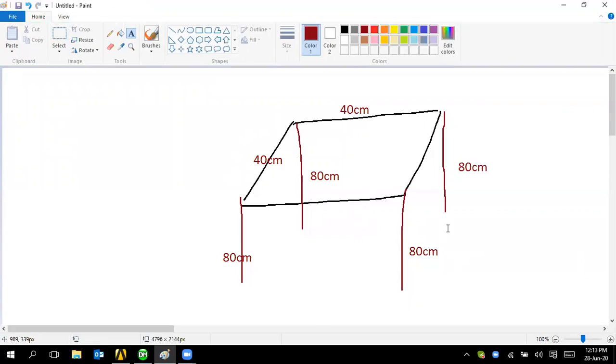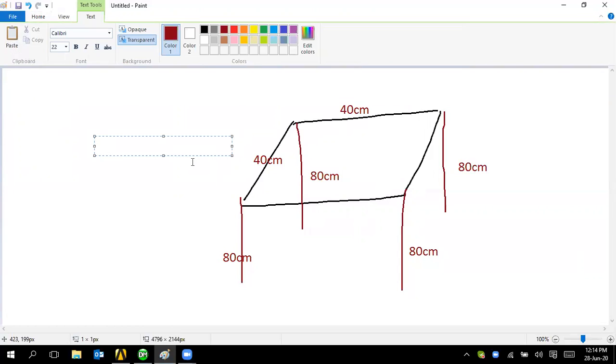Correct? So the plate where I'm going to sit, that seat is about 2 mm thickness. Okay, 2 mm thickness. So you can type it right here on the other side. So that is maybe 2 centimeter thickness.